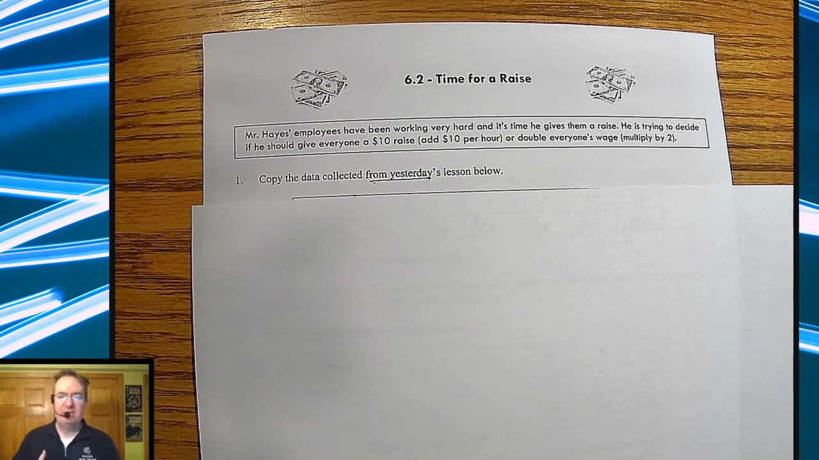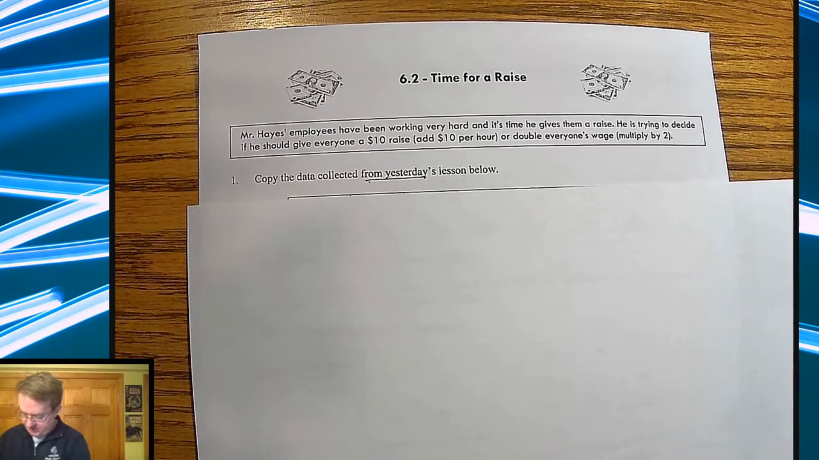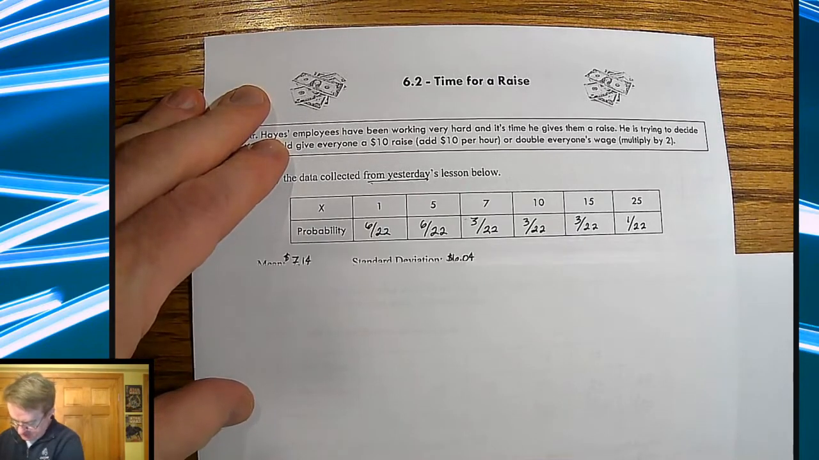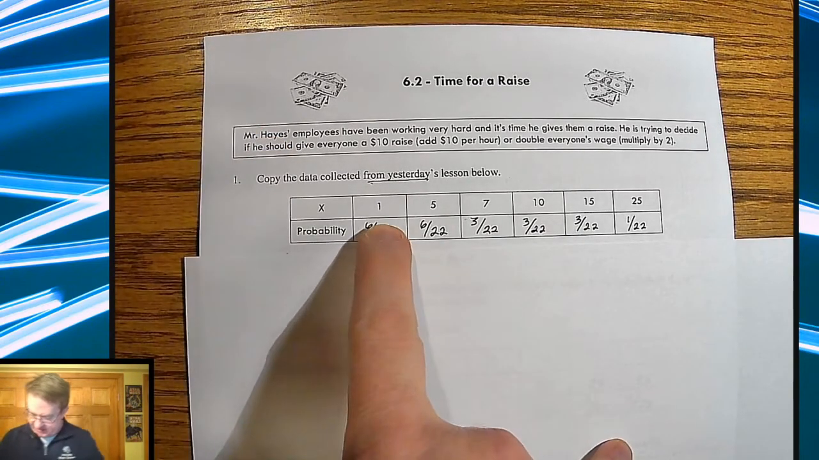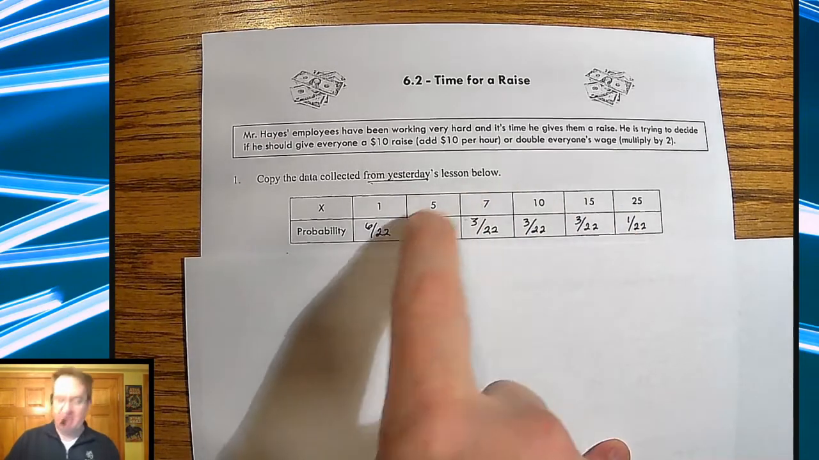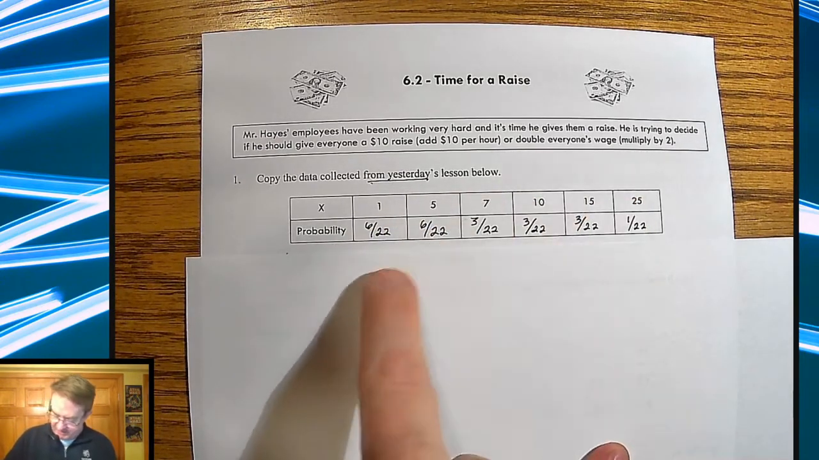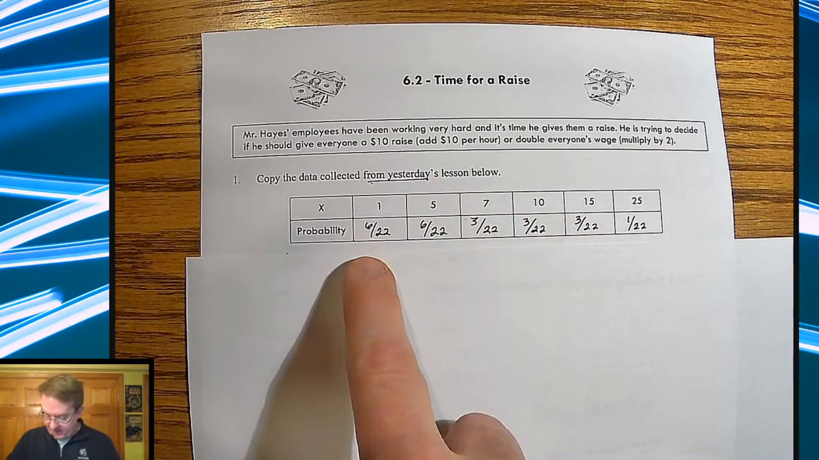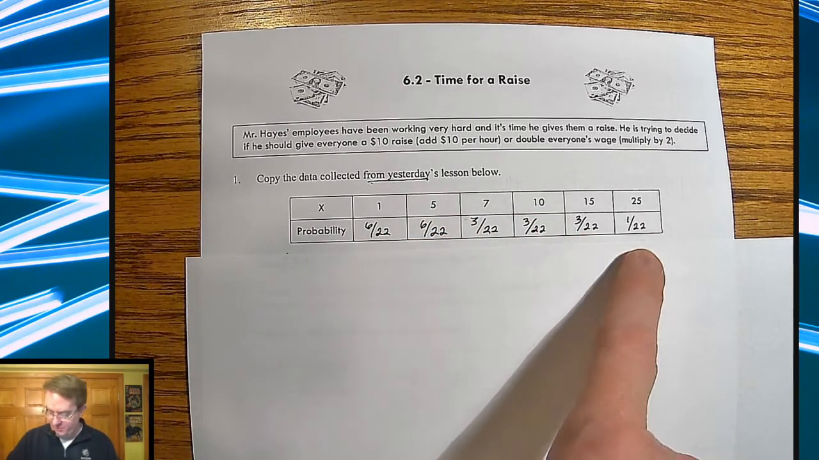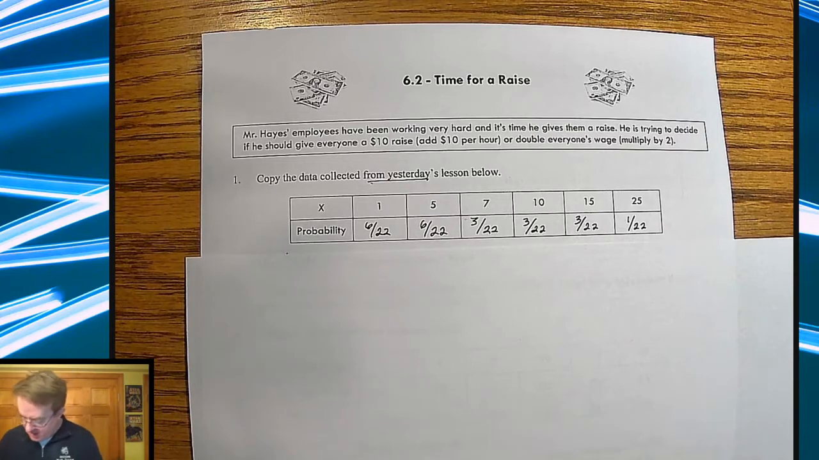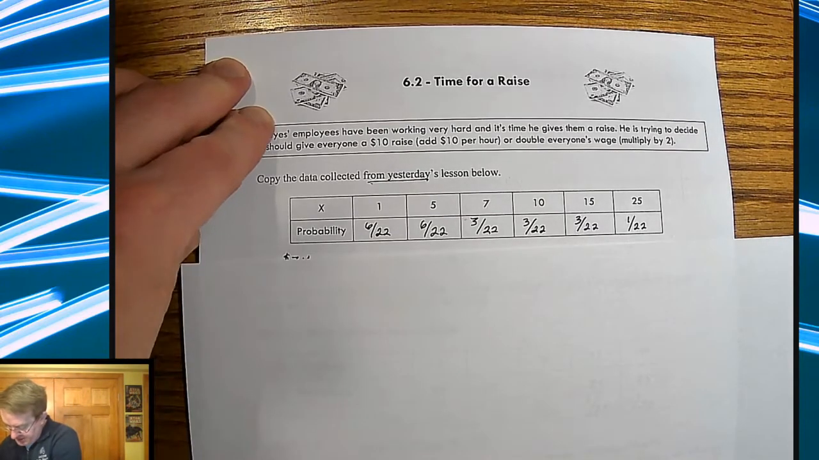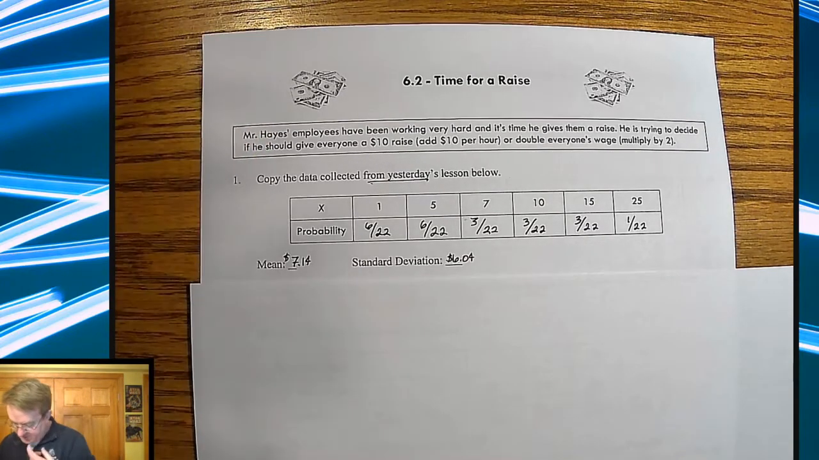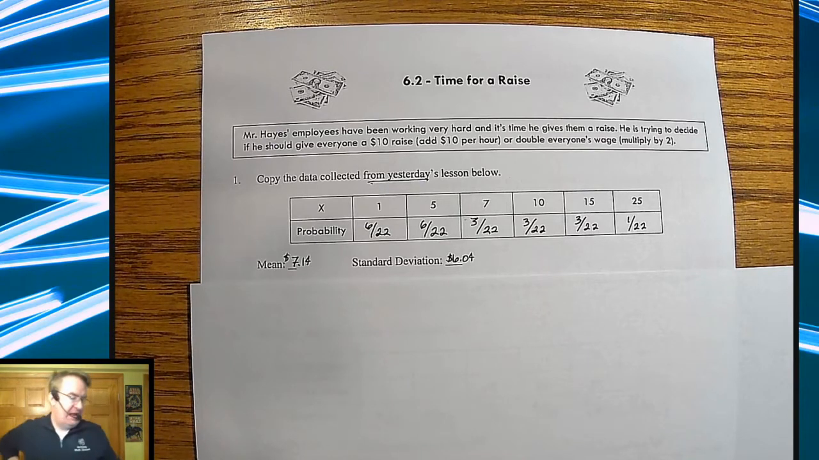And my class had this following distribution, as you saw in the video. Each one of these, the top number, is how much they're getting paid per day, anywhere from $1 to $25. And then here are the probabilities down here on the bottom. As you can see, lots of people down here at the bottom, one person up here at the top. As a reminder, from yesterday the mean was $7.14 and the standard deviation was